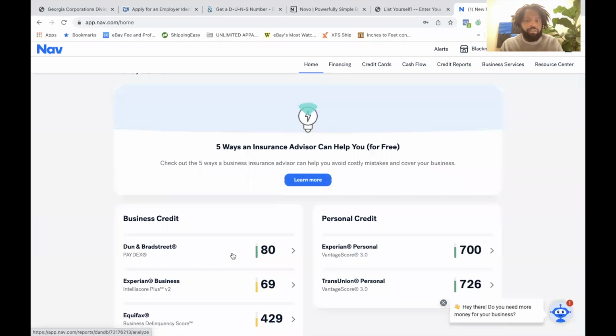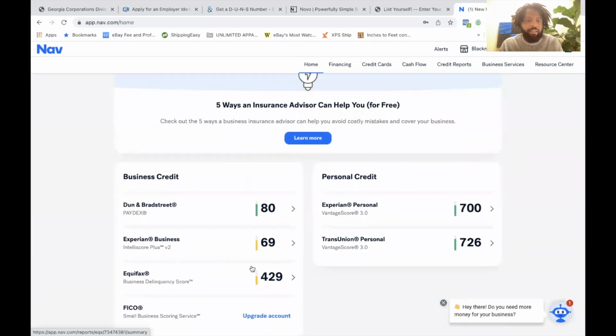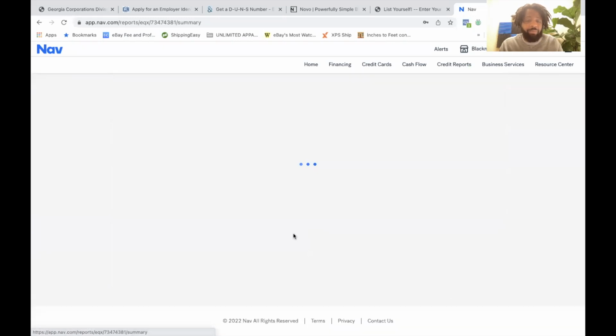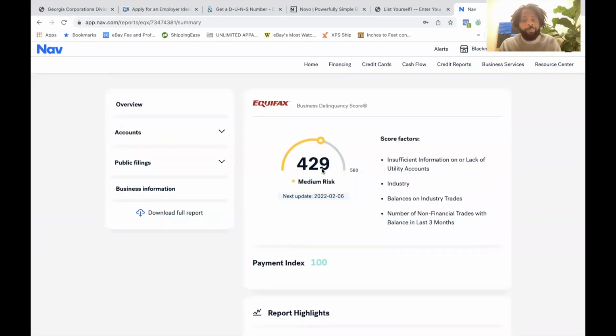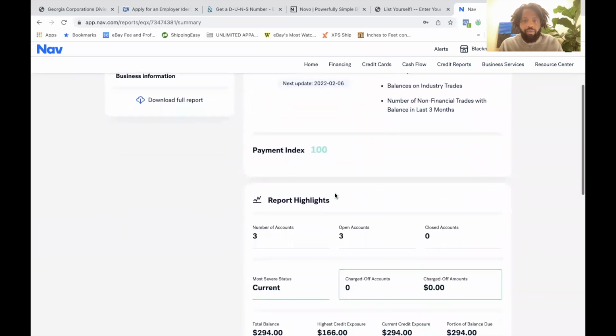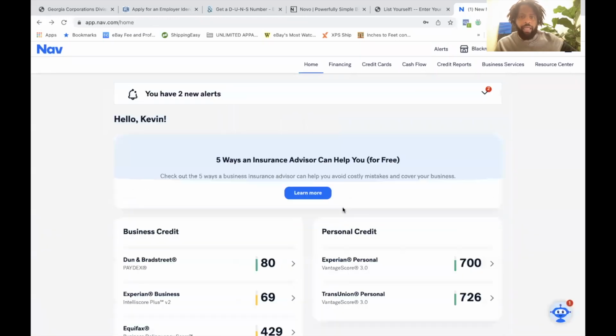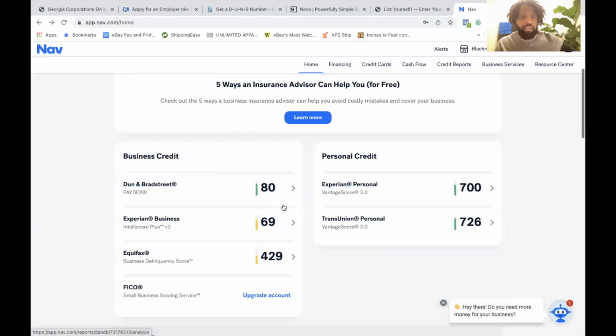So I have an 80 Paydex score. That's what you want. You want to be around 80 for everything. Here's some of my personal credit scores, my Equifax. Now, Equifax, I guess you want to be in the green. I'm not 100% sure, guys. What's the best score for Equifax? I got about 3 accounts reporting on there. A lot of the lenders or creditors that I advise people to apply for don't pull Equifax, as far as I know. So I'm not really sure how it affects approval, but you see the Dun and Bradstreet,